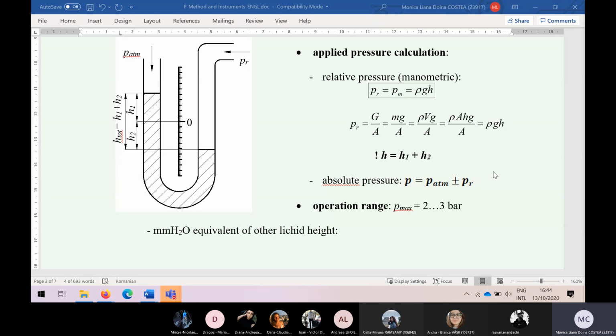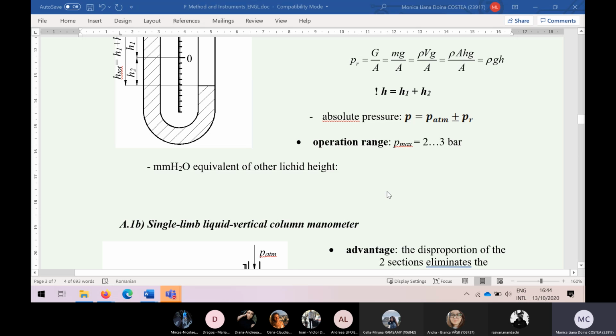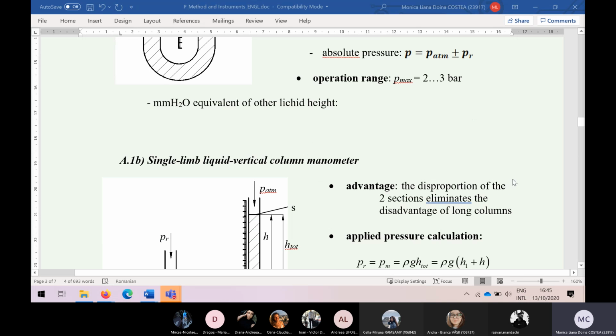So what you have to do is to express the same relative pressure, because either with water or with mercury, we measure the same relative pressure, and determine the relation between the two heights and the two densities. It remains here for you to complete. Then